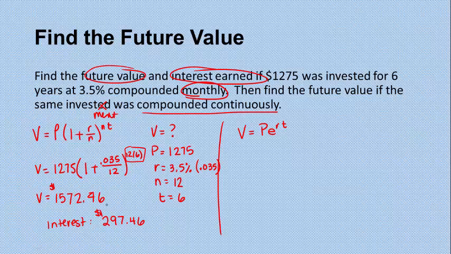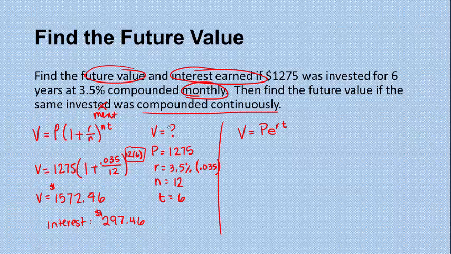$297.46. So if we were to have this particular situation where we were compounding the interest monthly with 3.5% interest for 6 years, we would have gained almost $300 over 6 years by just allowing our money to sit in the bank. Okay, so let's take a look at the difference of what happens when we actually compound it